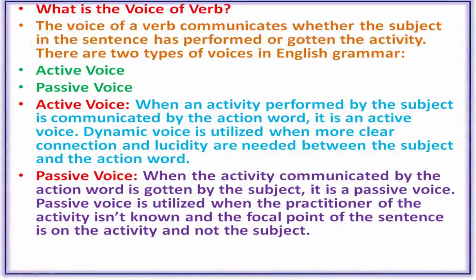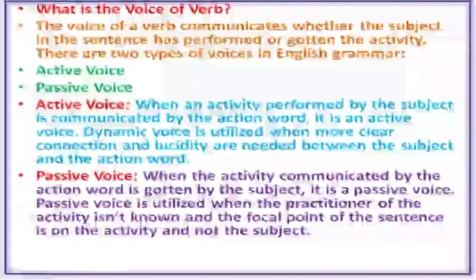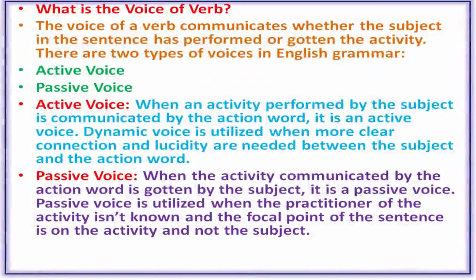What is the voice of the verb? The voice of the verb communicates whether the subject in the sentence has performed or received the activity. There are two types of voices in English: active voice and passive voice. What is active voice? When an activity performed by the subject is communicated by the action verb, it is active voice. Active voice is utilized when more clarity and a clear connection are needed between the subject and the object